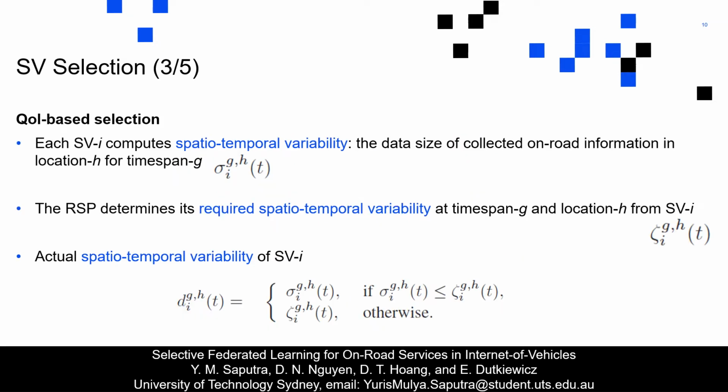After we choose the I number of vehicles from the location significance based selection, we can now move on to the quality of information based selection. In this case, each smart vehicle I can compute the spatio-temporal variability, which means the data size of collected on-road information in location H for time span G. We can use sigma here. The RSP also needs to determine its required spatio-temporal variability at time span G and location H from SV I. Based on these 2 pieces of information, we can calculate the actual spatio-temporal variability of smart vehicle I. It will be equal to sigma if the actual spatio-temporal variability is still less than the required spatio-temporal variability. Otherwise, we must use the required spatio-temporal variability of the RSP to provide a balanced distribution of the spatio-temporal variability